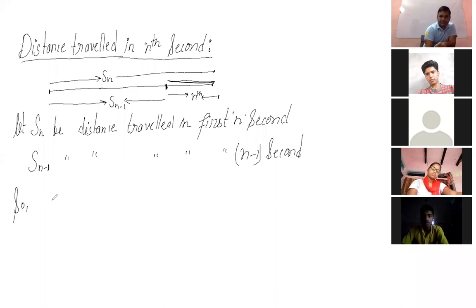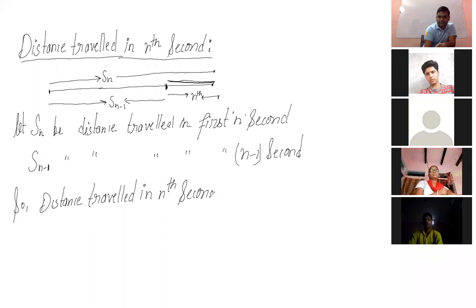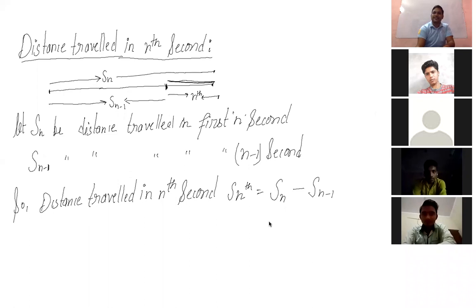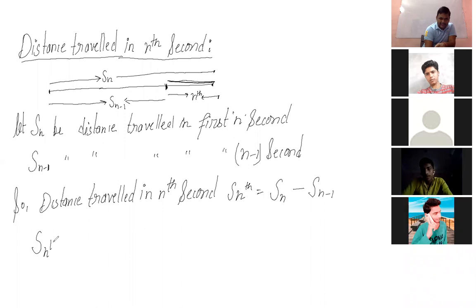So the distance traveled in the nth second, you can write as S nth. This will be your distance traveled in first n seconds minus distance traveled in first n minus 1 seconds. So when you subtract these, you will get the answer. So the distance traveled in nth second will be your Sn,